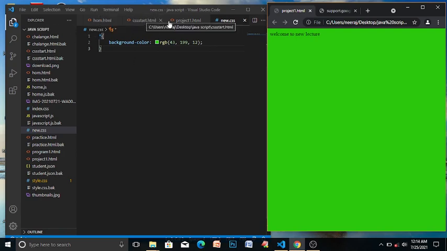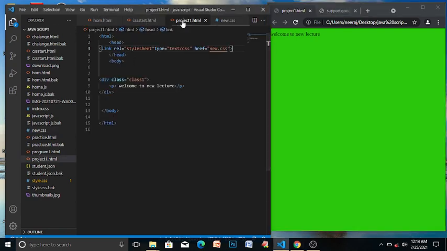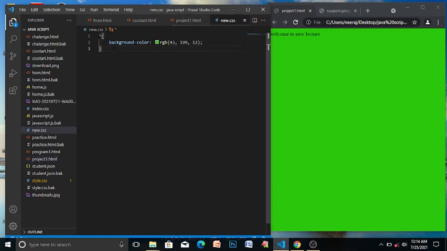We can apply this on a particular element too, like we had made class1. Dot class1. Let's make the text color of class1 black or red.